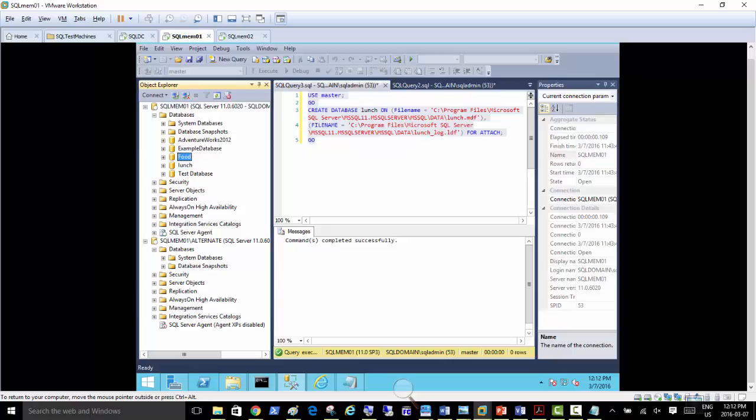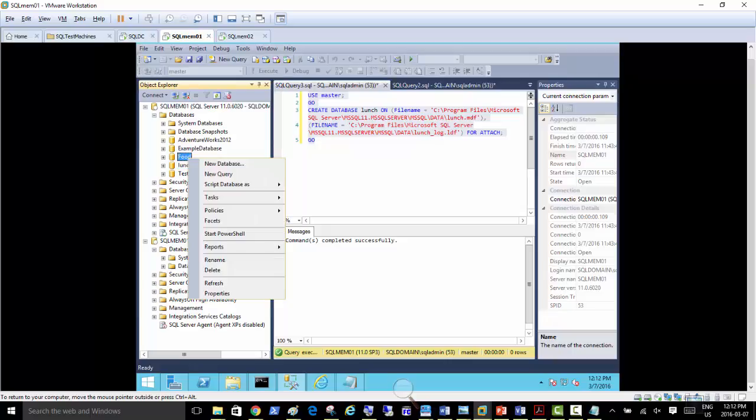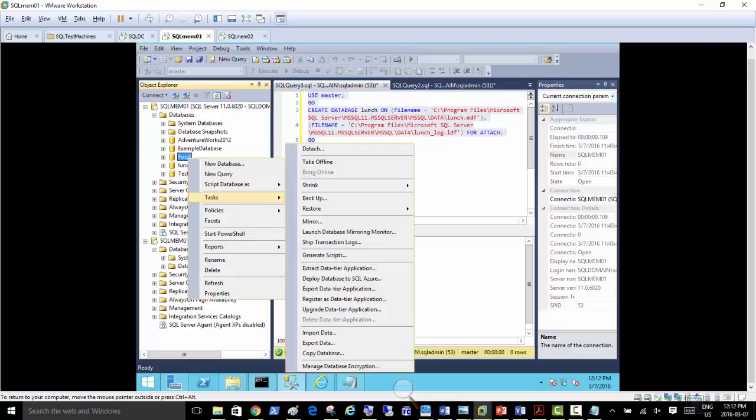Right click the database and go to Tasks. Way down there, Import Data, Export Data, and Copy Database are all available in the tasks.